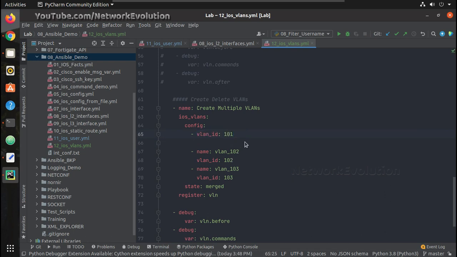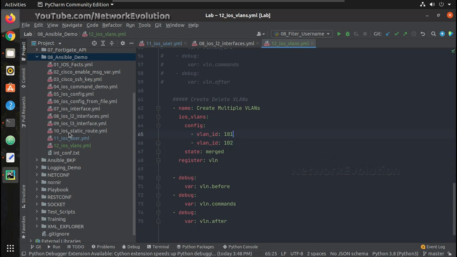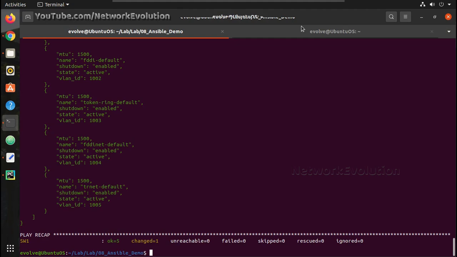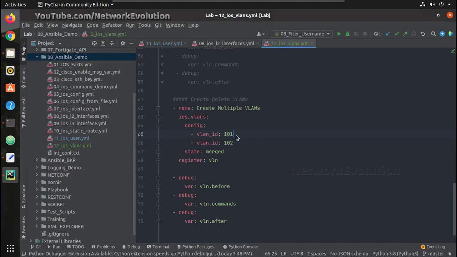VLAN ID is the only mandatory value, so we'll try deleting 102 and 103. So I'll change it here accordingly, 102 and 103, and here the state is going to be deleted and other things are the same.